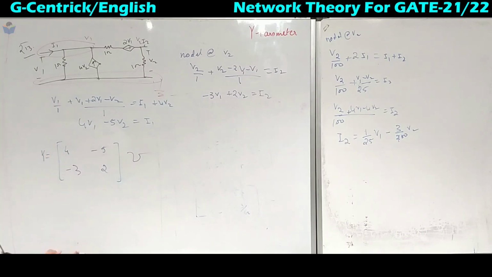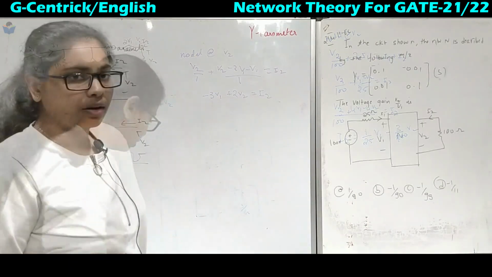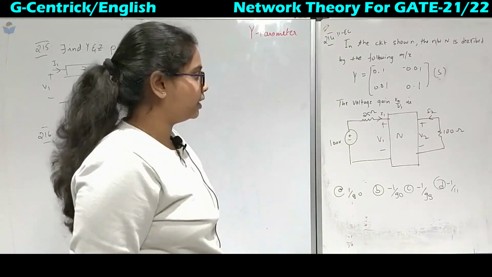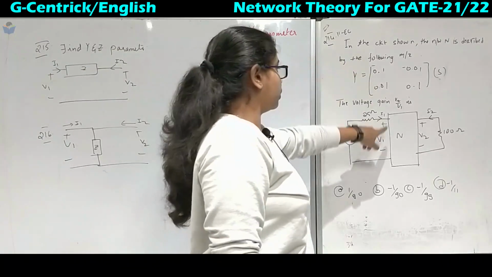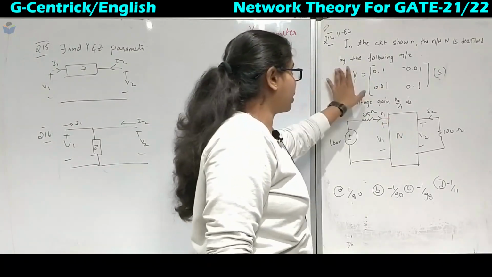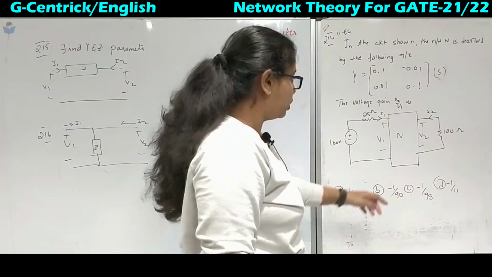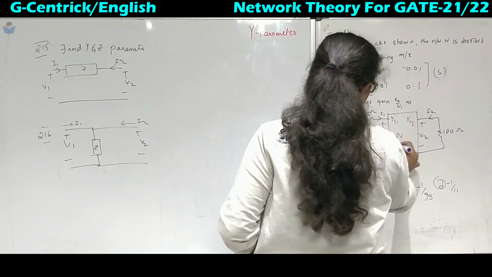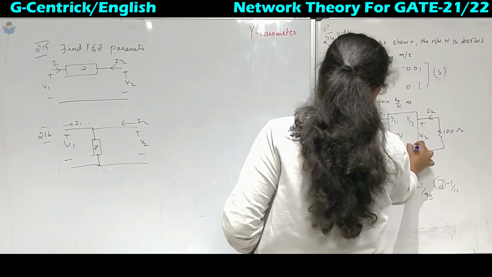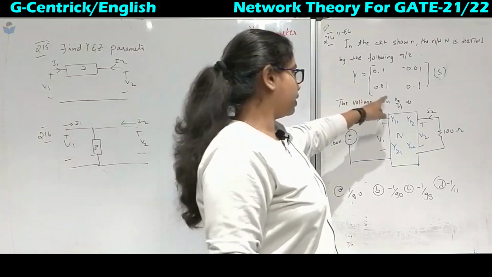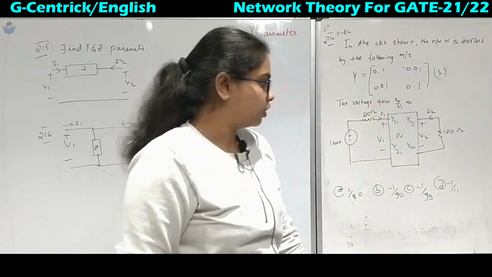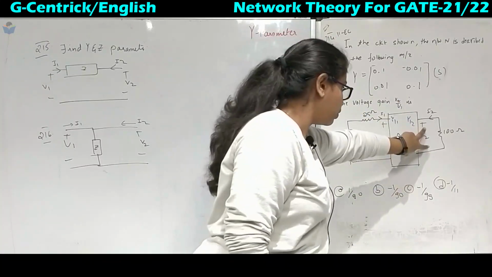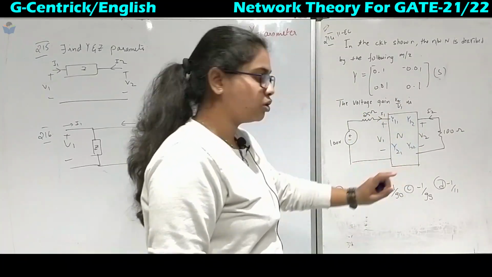Okay, so we will see some more problems based on this. Coming to question 214, which was asked in GATE 2011 electronics branch. In the circuit shown below, network N is described by the following matrix. It means that here we have Y11, Y12, Y21 and Y22, given by this matrix with these values, in Siemens. The voltage gain V2 by V1, so we have to find V2 over V1. They have given these options.